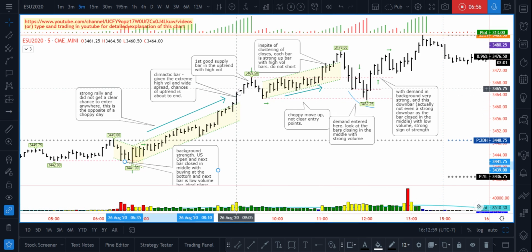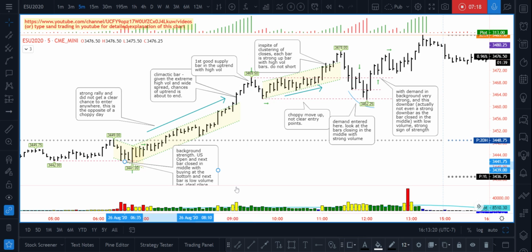But like you see this one, such a bar happens. This is typically a climactic bar. Okay, and when does this climactic bar appear? At the end of a good rally like this. So I was hoping that the rally is about to end soon, and as you can see,